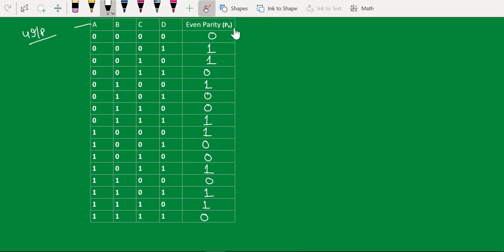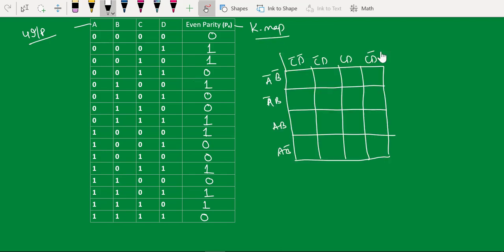Now we need to form one K-map for the even parity. So I need to form a 4 variable K-map. Now my K-map is ready. Now we'll try to fill the even parity bits here, the output of the even parity. So it will be 0, 1, 1, 0.